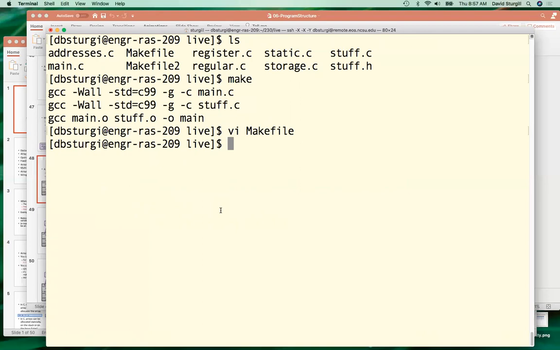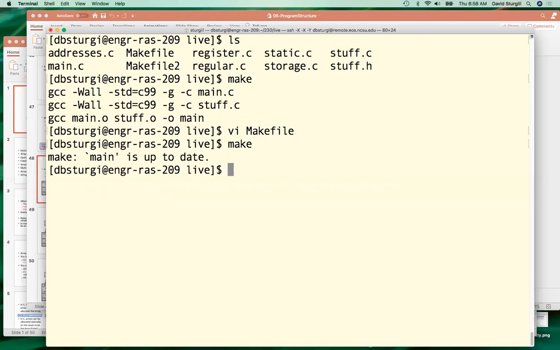And some of the point of doing that is make can be smart about what it rebuilds. Like, we just rebuilt our program using make. If we run it again, it says there's nothing to be rebuilt. You haven't changed any of your source files, so I don't need to rebuild any pieces of it